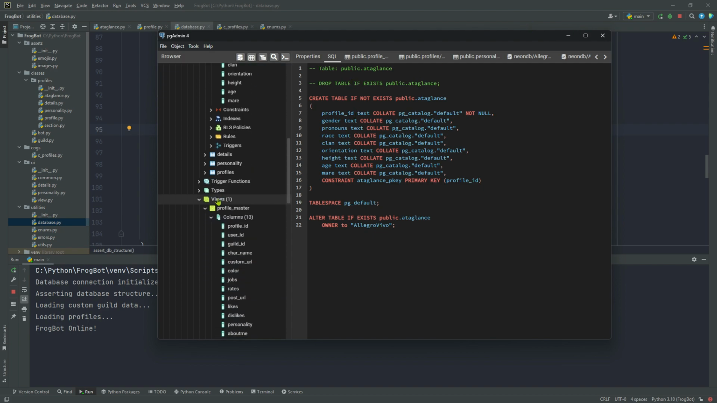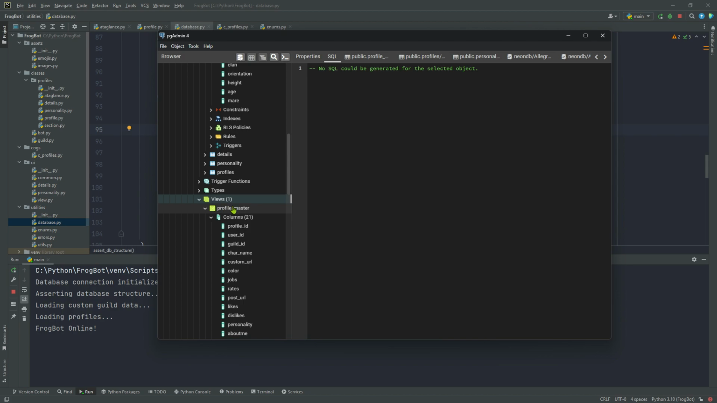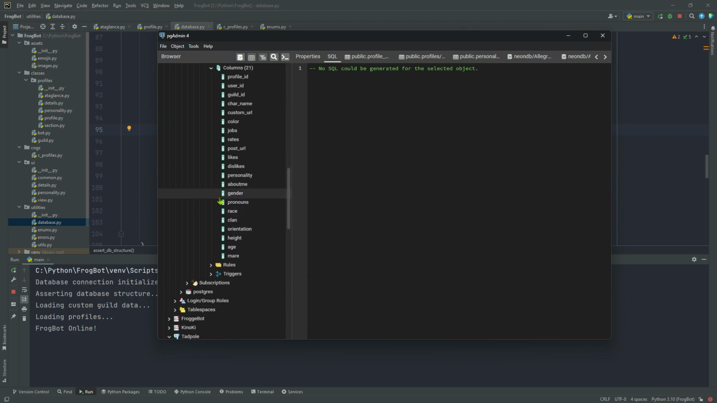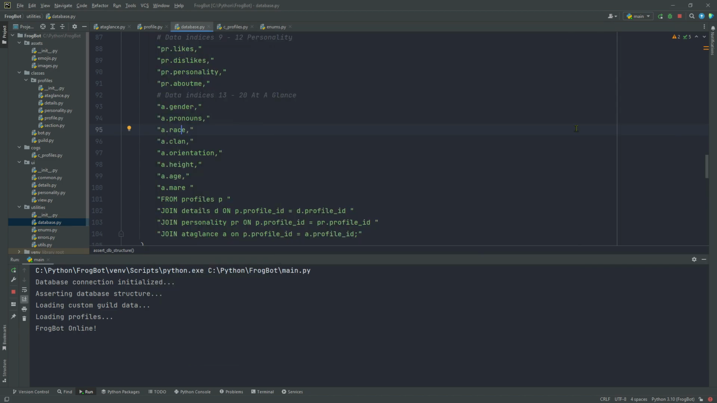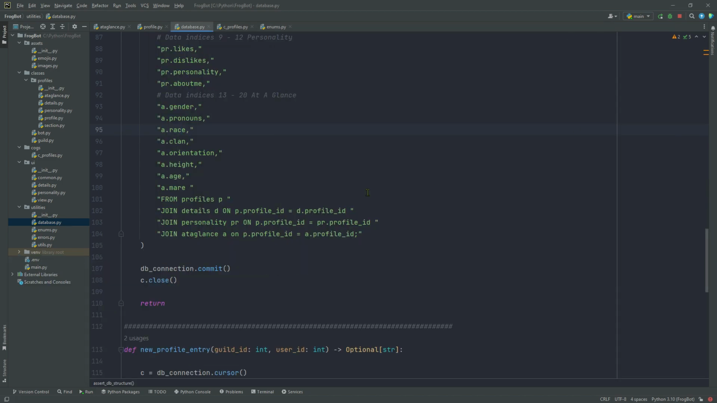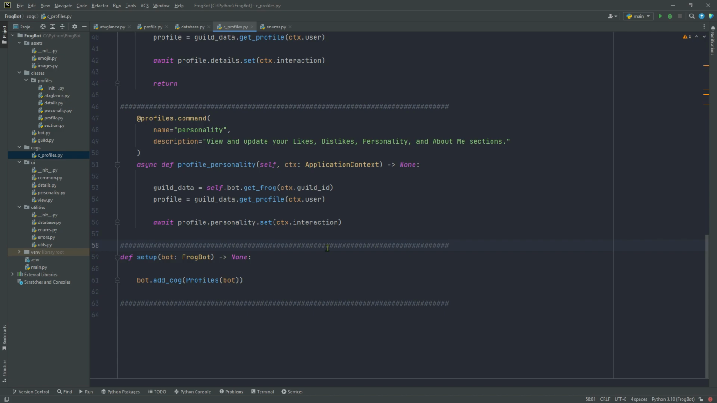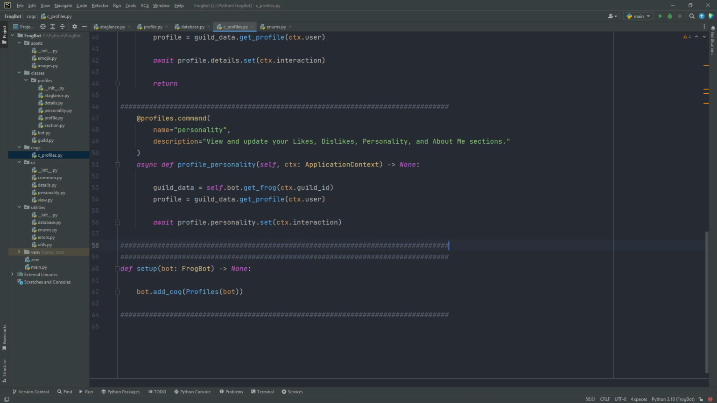Let's also take a look at our view. And as you can see down here, we've got gender through mare in our view now. Awesome. Okay, so this is working great. Let's go ahead and stop our bot for the time being. And I'm going to open up our profiles cog so that we can make a new command that accesses the